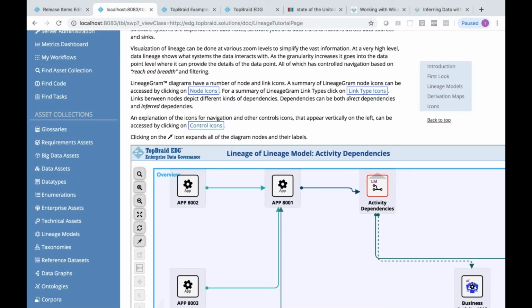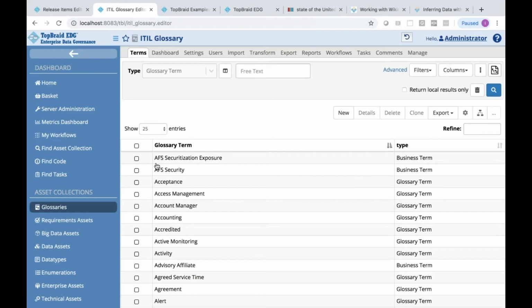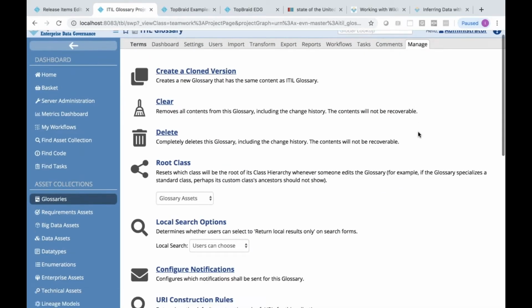And then I was talking about URI construction rules. In 6.1, you now are able to set them at the server level for all asset collectors. And in 6.2, they are also enabled for different construction rules per asset collection.